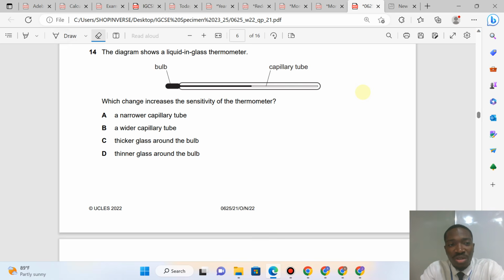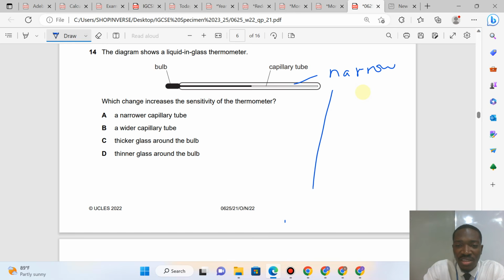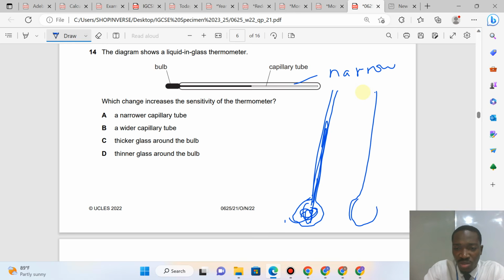Narrow tube, narrow tube, narrow tube. When the capillary tube is narrow, a little increase in temperature would lead to a large rise in the reading of the bulb, you see. So when this tube is narrow, a little increase in temperature would cause the level of mercury to rise quickly. You get it? But when the tube is wide,